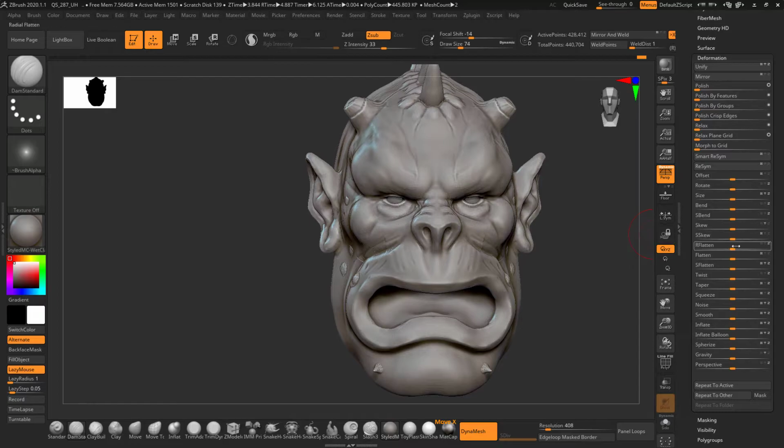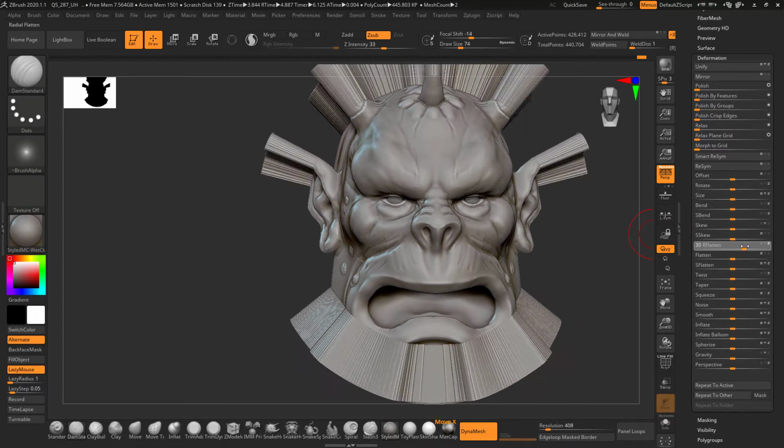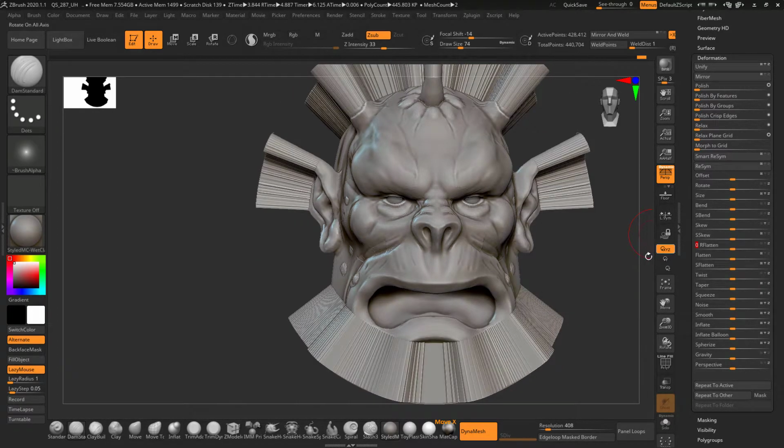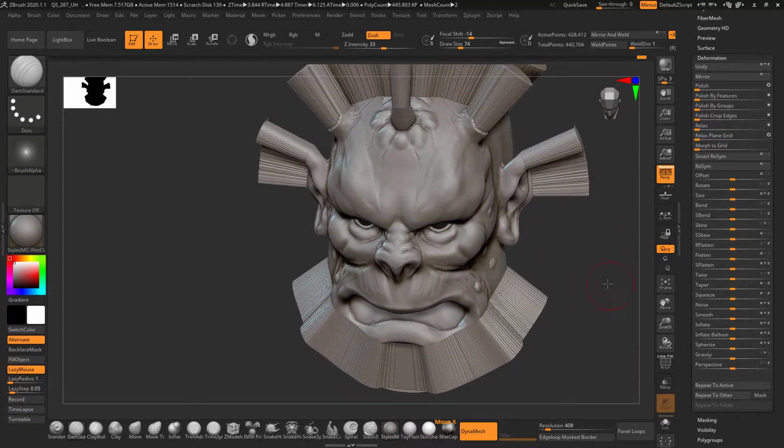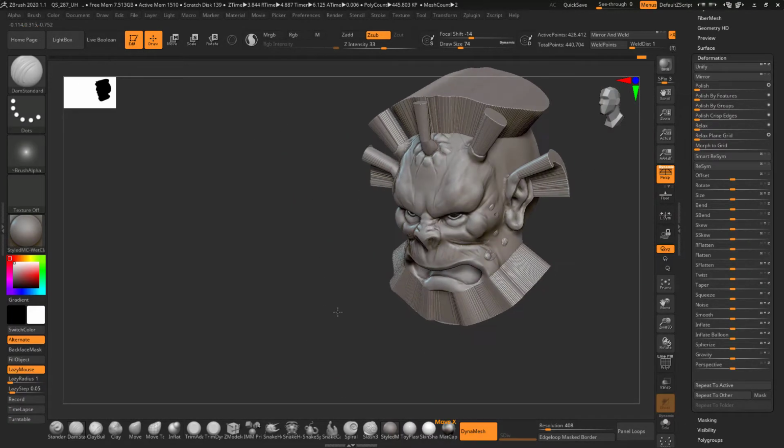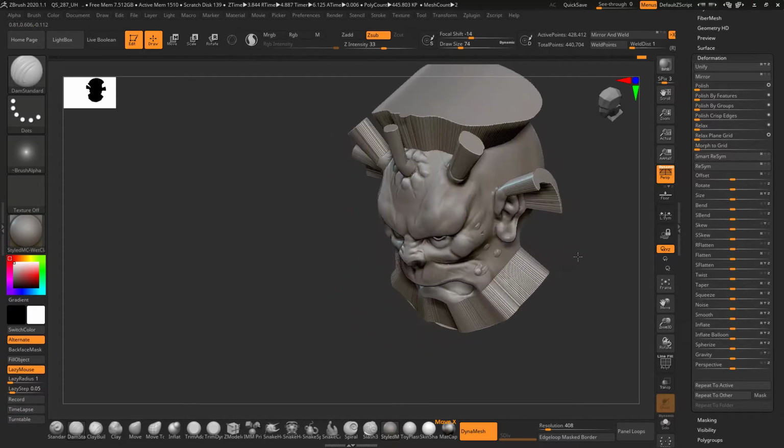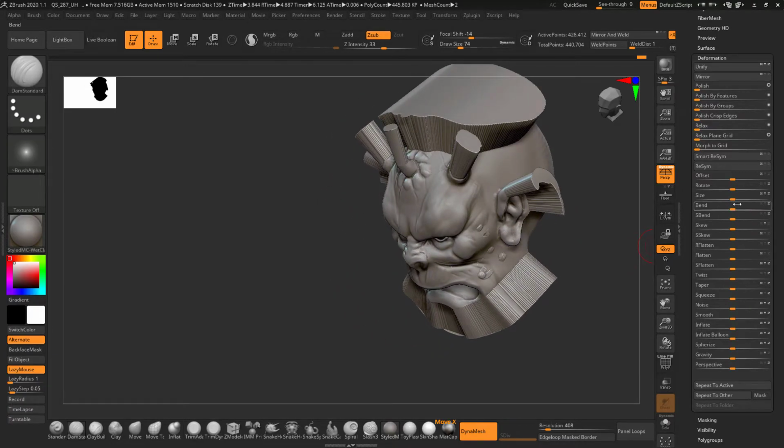Okay, so this is a flatten, so you basically start flattening up your model. So these things actually, these filters and these effects give a very unique look, and you get a very unique result when you use them in combination.